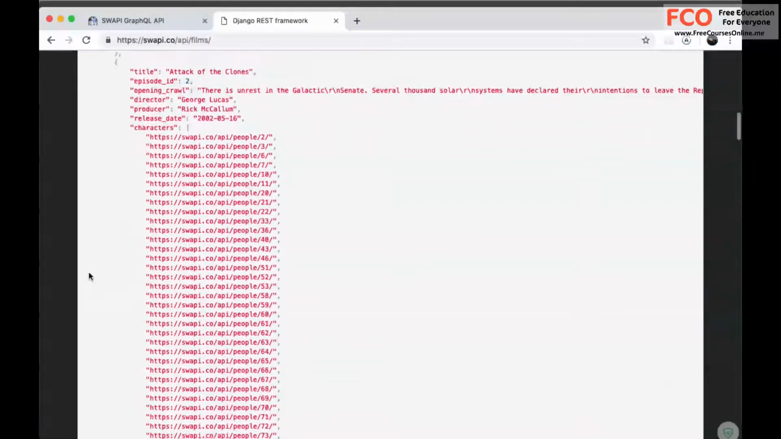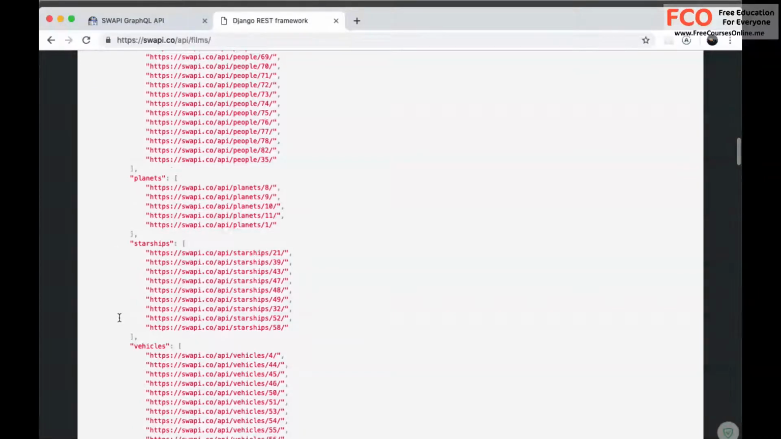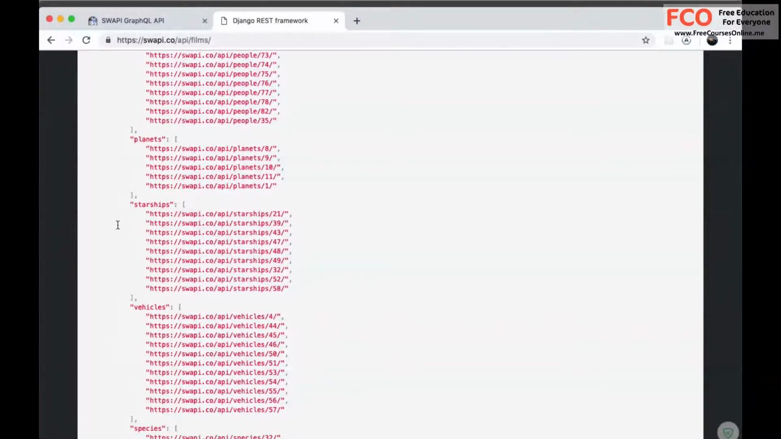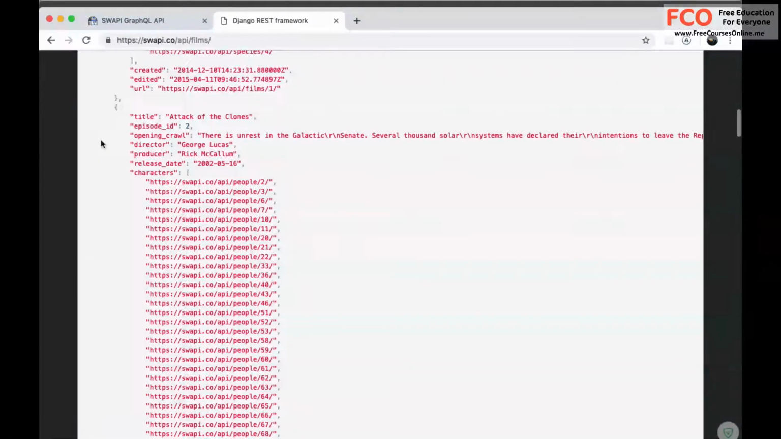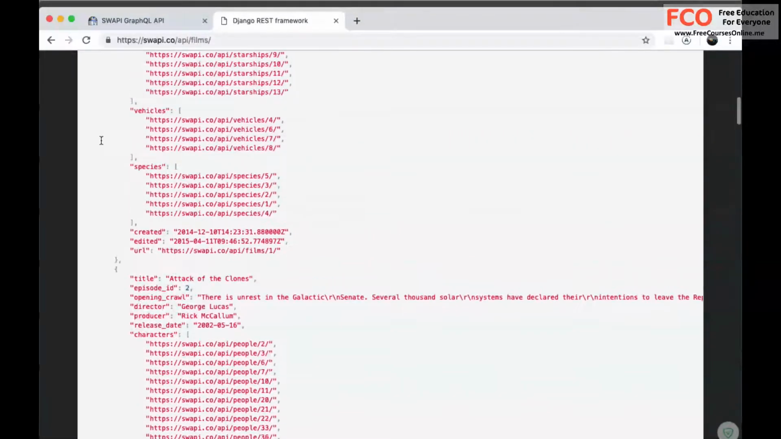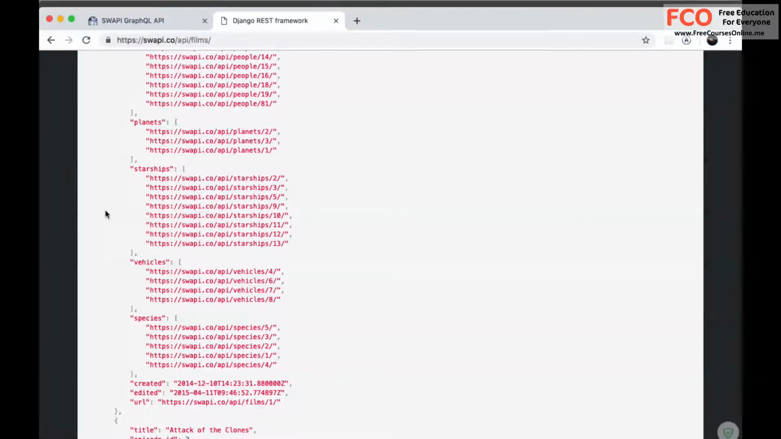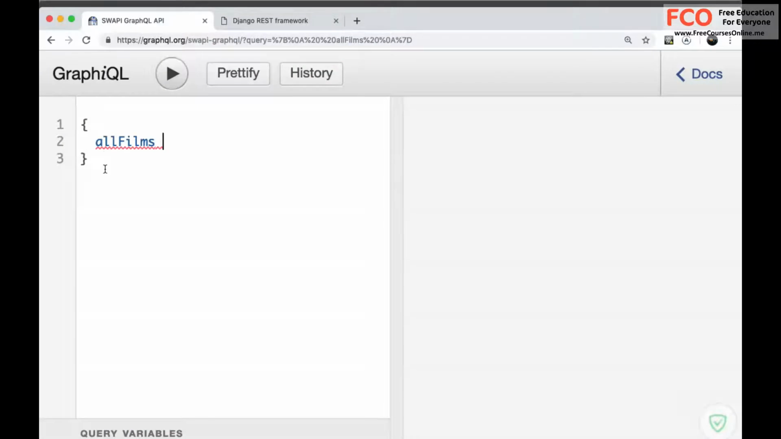It gives us a ton of stuff: the title, the episode ID, all the characters, planets, starships, etc. But what if we just want an individual piece of this data returned to us? In most cases with RESTful APIs, there's no way to specify that. In other words, we get all of a given resource when we request it. This issue of getting more data than what we want is known as overfetching. So GraphQL solves this problem by enabling us to select